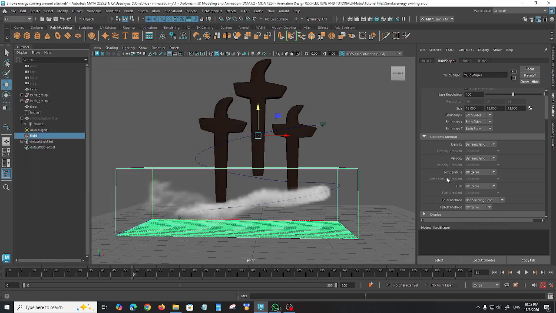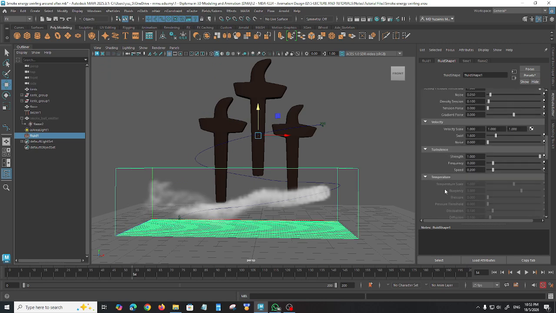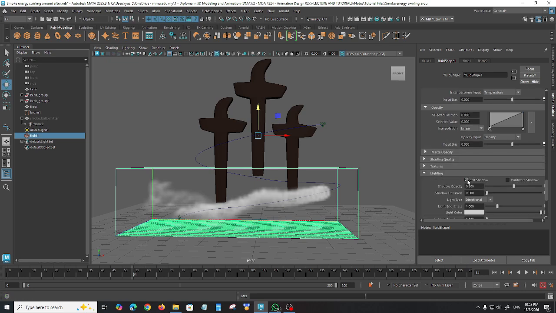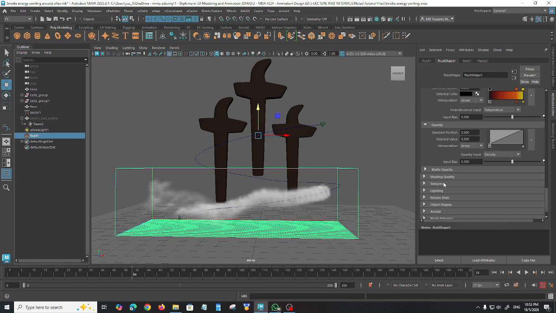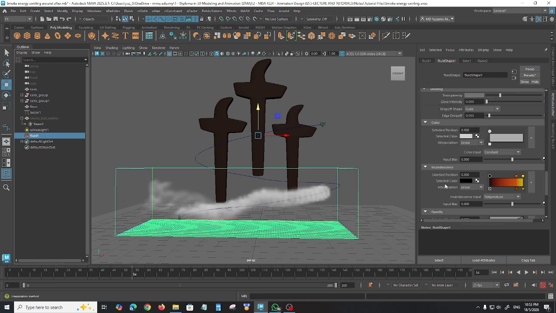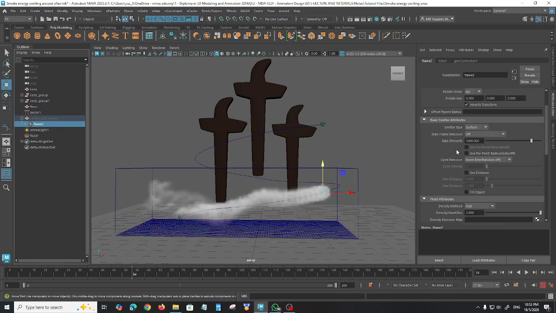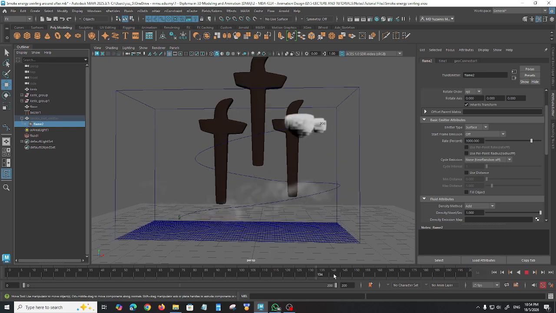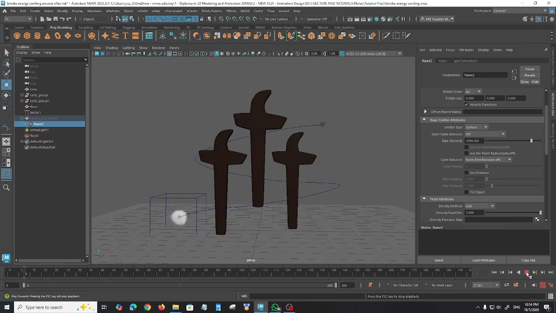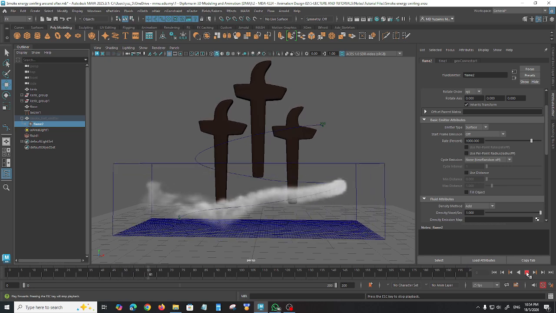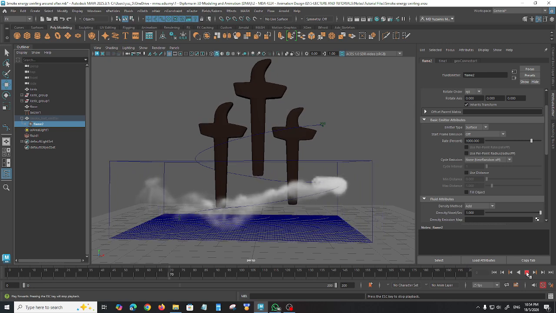Alright, then we go down. I will turn it back on later. Go down to lighting. Make sure you turn on the self shadow. Okay, self shadows, and we will also want to animate the rate percent. So right now, once it reaches the top, it just stops. So that's not what we want. It's here. So once it gets to the top,